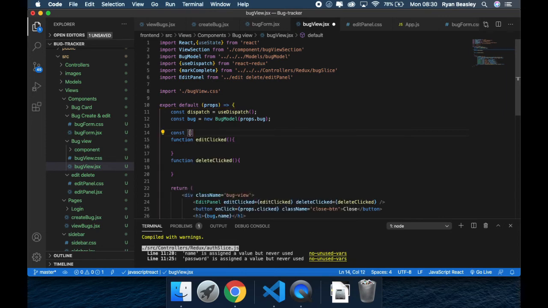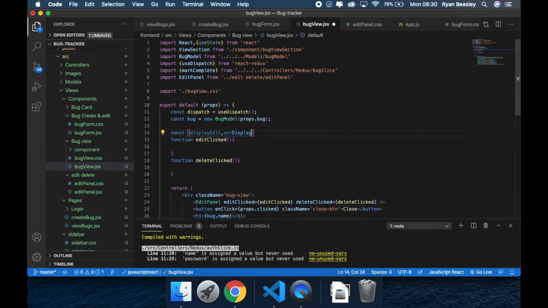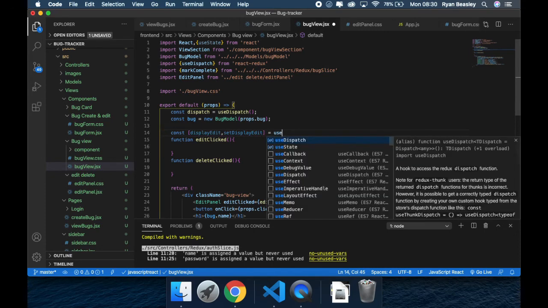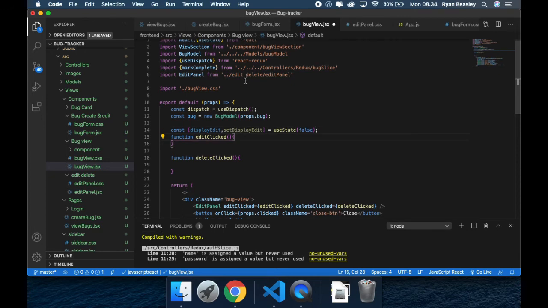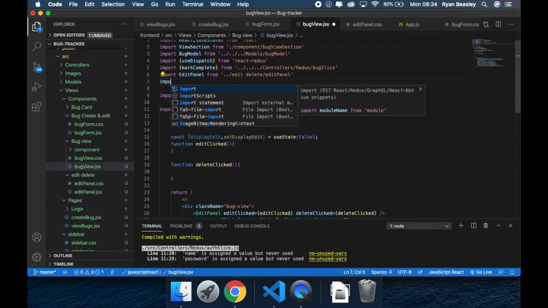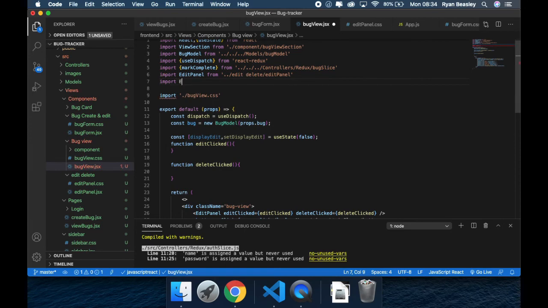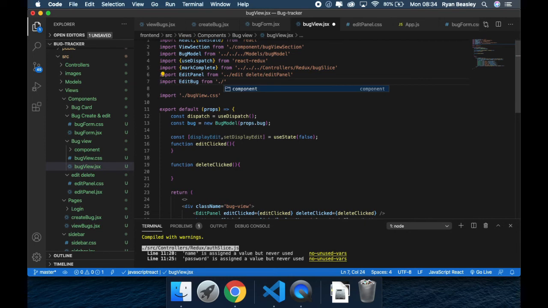I'm going to make a state, so we're going to do display edit and set display edit, useState, and we'll just set this to false. So we need to import, and we'll import edit bug from